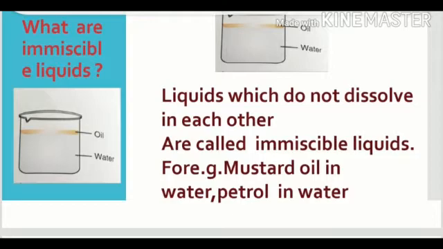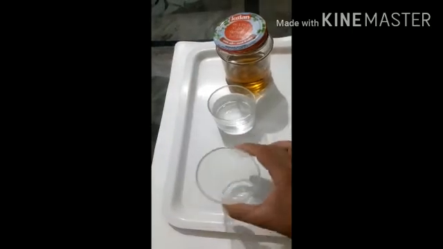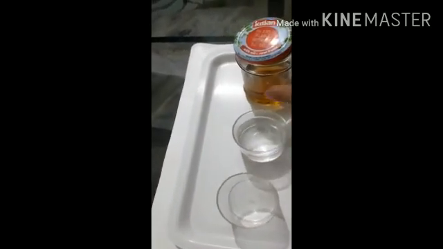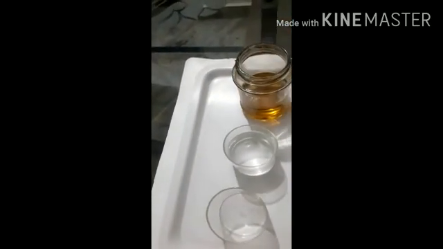Liquids which do not dissolve in each other are called immiscible liquids. For example, mustard oil in water and petrol in water. Now, dear students, we are going to perform an activity. We are going to add two liquids. Here in this activity, an empty tumbler, another having water, and a container in which mustard oil is there.